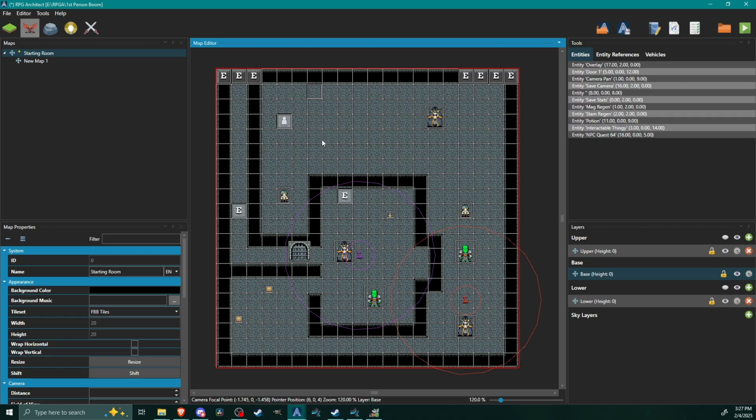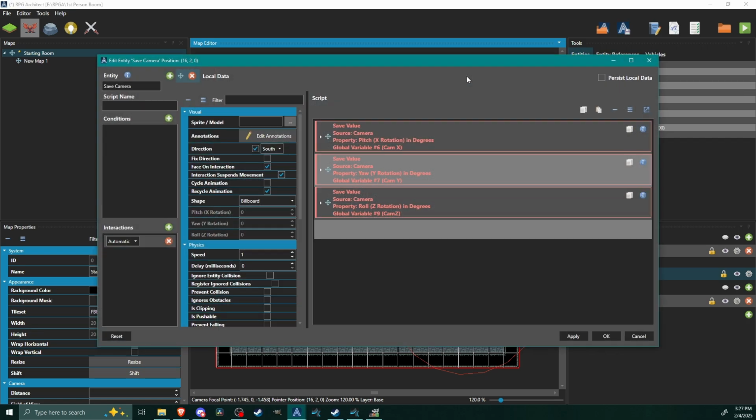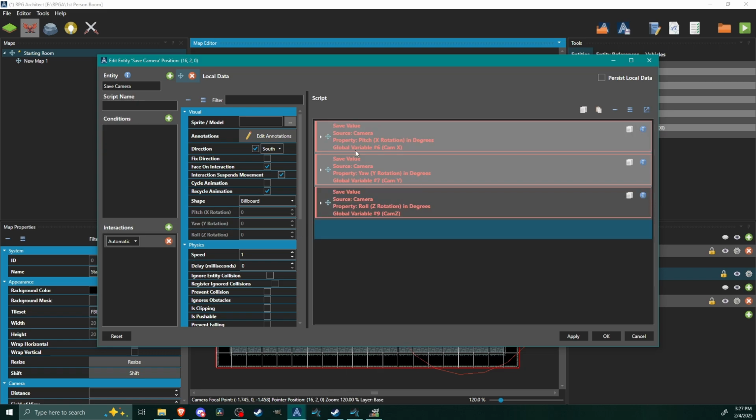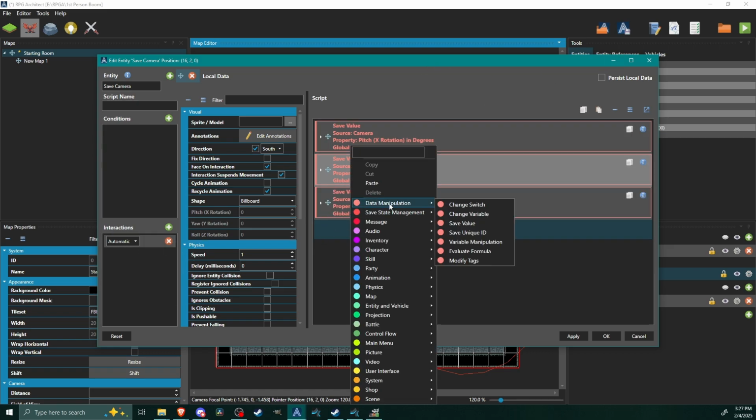So really, the idea here is we need to save the position of the player wherever they are on the map. We need to save that information. So the first thing I'm going to do is go into this entity. I'm just going to reuse this entity, the one that saves my camera position, and I'm also going to save the player location here. You don't have to use the same one. You can set up a separate one and make it automatic, but just to save space,